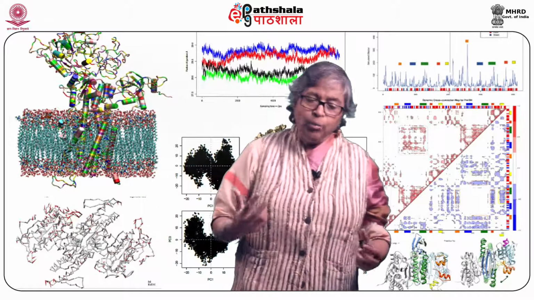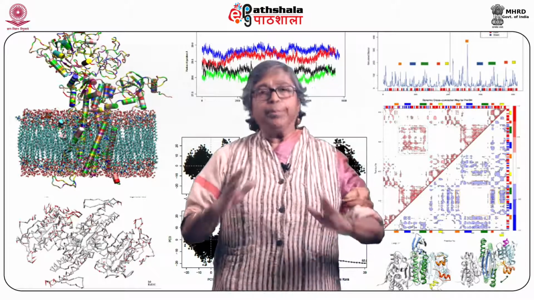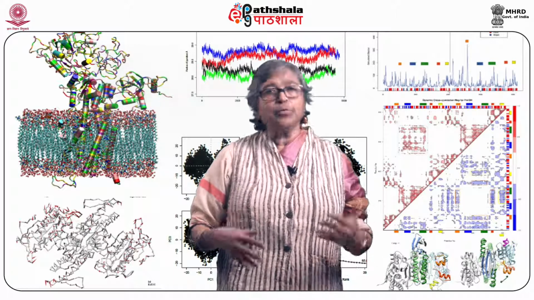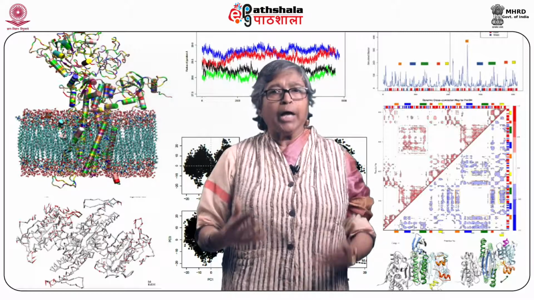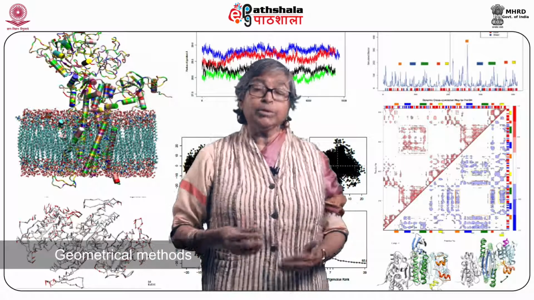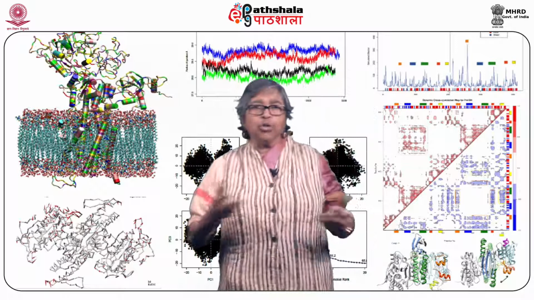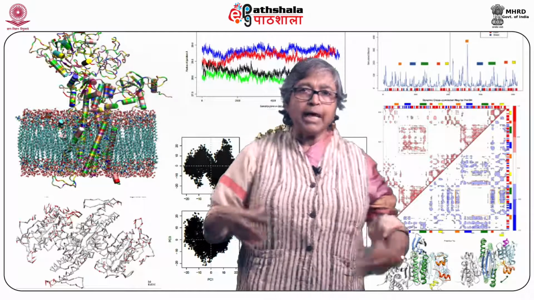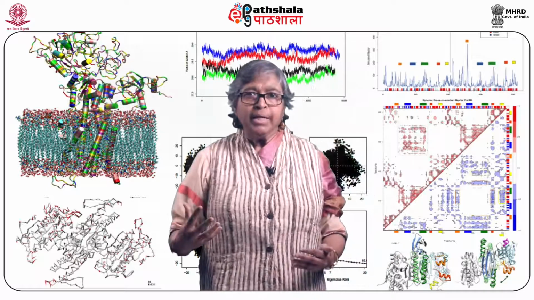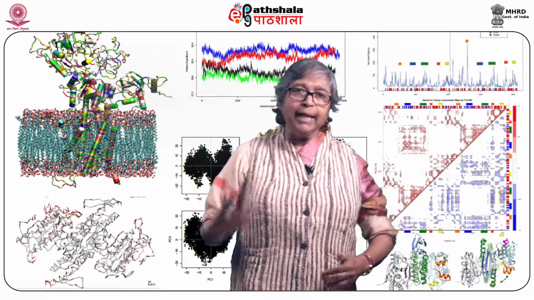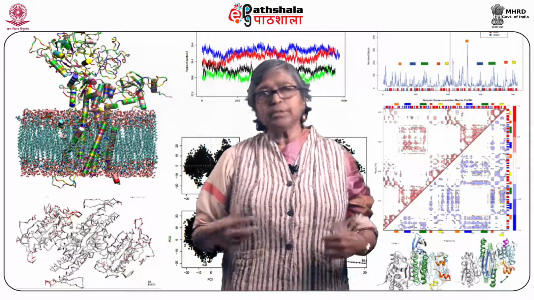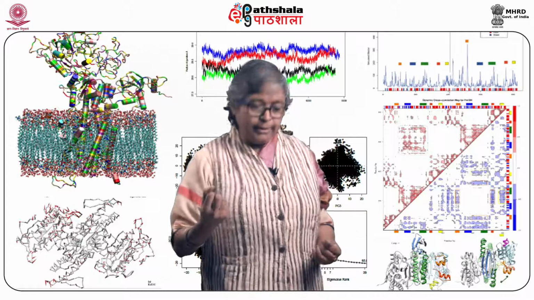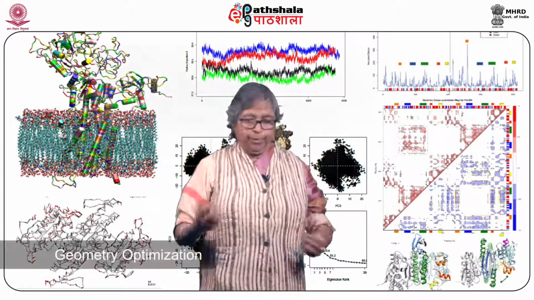Now, when we want to calculate or optimize this energy surface, we must develop a geometrical method so that, if we use the Born-Oppenheimer approximation, the geometry of the molecule must be at zero absolute temperature. And this corresponds to the minimum total energy. So, the process of finding this orientation or coordinates of the minimum energy is called geometric optimization.